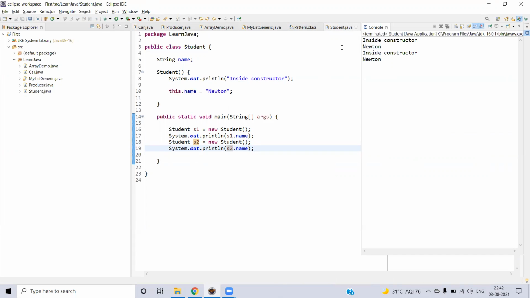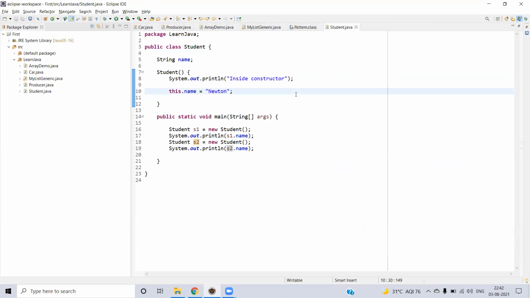Now the parameterized constructor comes into the picture. Let's say whenever you create the new object, you want to set up some variables, or the user has to give those values at the start itself when you create the objects. Those values can be sent through the parameterized constructor. For example here, rather than setting up the constant value Newton, we can get the value from the user. And we will make this parameterized.